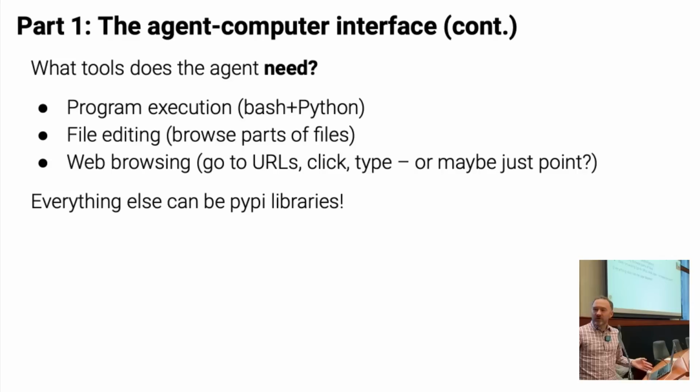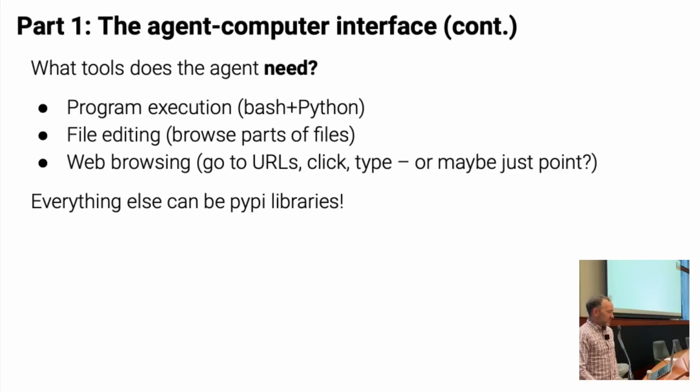Then the question is, what if we want to allow it to do something else? And the answer is, well, human programmers already have a bunch of things that they use. They have the requests PyPI library. They have the PDF to text PyPI library. They have all these other libraries in the Python ecosystem that they can use. And so if we provide a coding agent with all these libraries, it can do things like data visualization and other stuff that I just showed you. So it can also git clone repositories and other things like this. The agents are super good at using the GitHub API also, so they can do things on GitHub, like finding all of the comments on your issues or checking GitHub Actions and stuff.